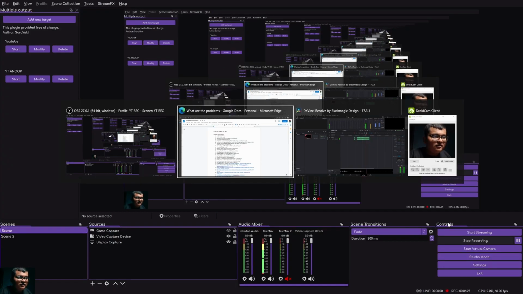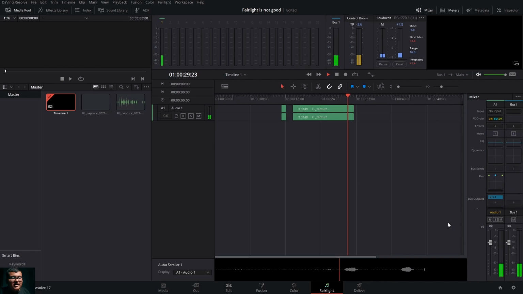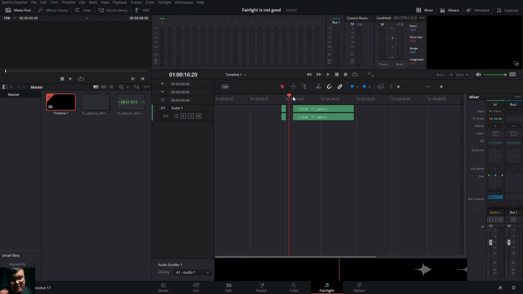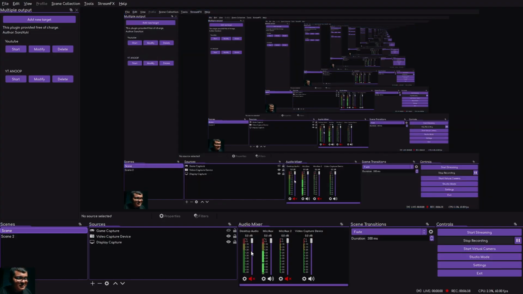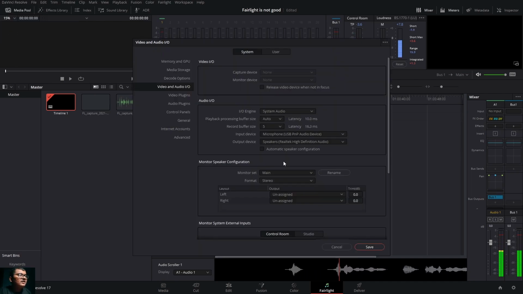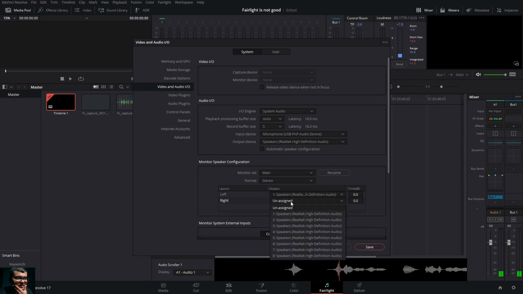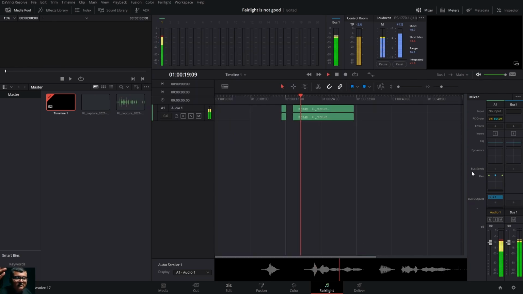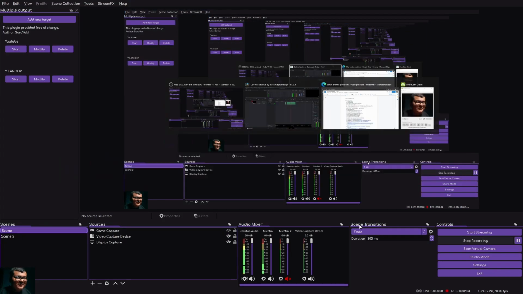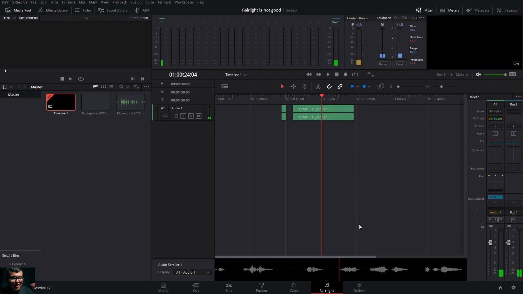I have turned on my speaker now on my OBS. This is how it will be. You cannot hear anything. See, it's blank. The only way I can prove to you that it's not coming is, see, it's unmuted, playing, not coming back. Check preferences, left, right, checked. Then this video, and now it's coming. See, Fairlight in Resolve, and yeah, so this is one of the things which many people might forget.